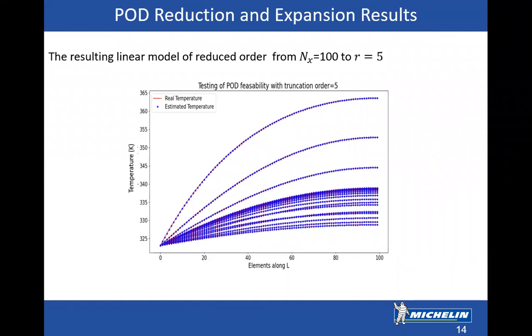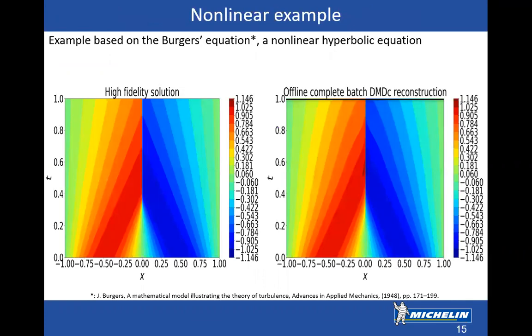But all this till now is based on a linear model. As I started my presentation, I spoke about nonlinear models. So what if I tested on a nonlinear model and not a linear model, and checked the accuracy of all this? For a nonlinear example, we've taken an example which is based on the Burgers' equation, which is a nonlinear hyperbolic equation. It's plotted on space and time, and the space goes from -1 to 1. And we can see, for example, at the 0 in the middle, how the nonlinearities appear with time.